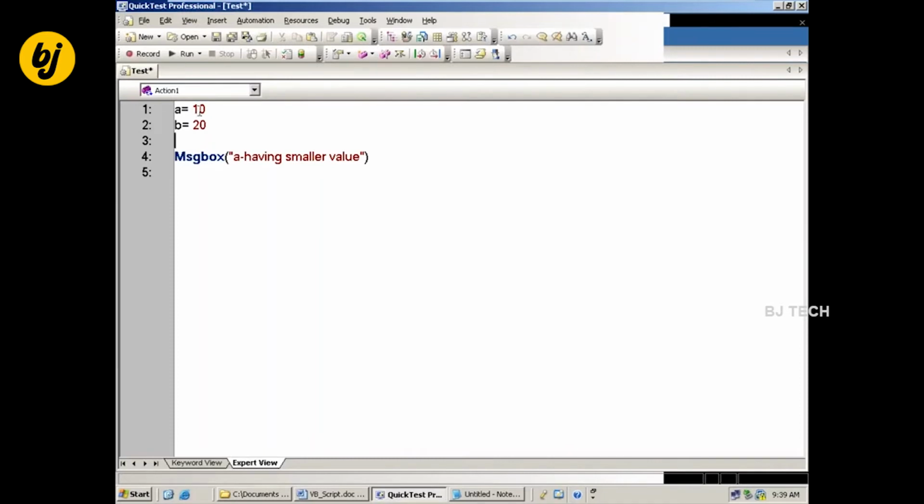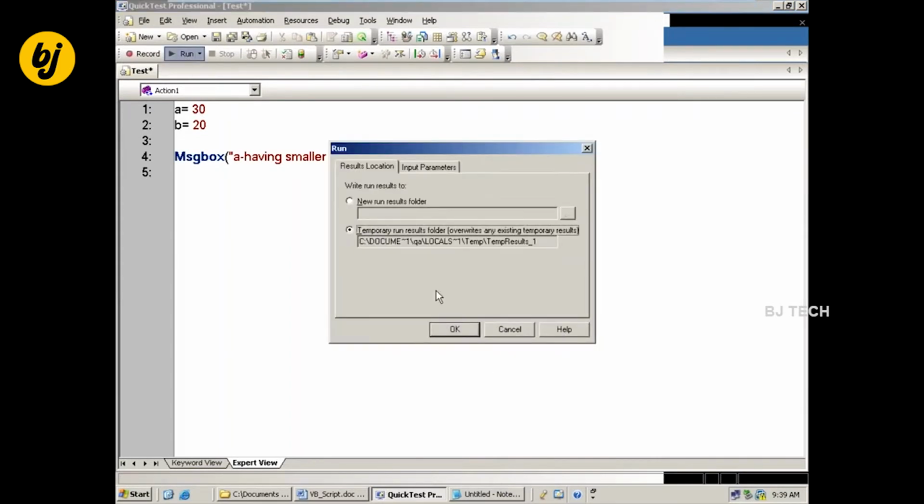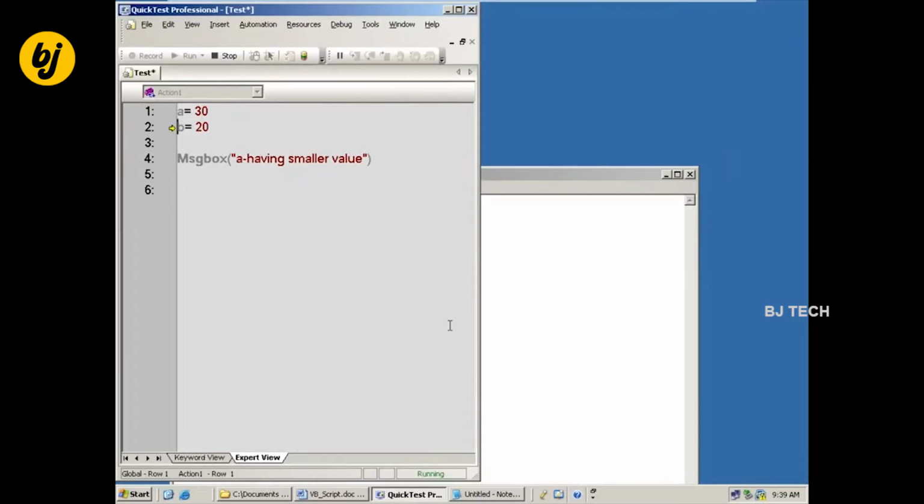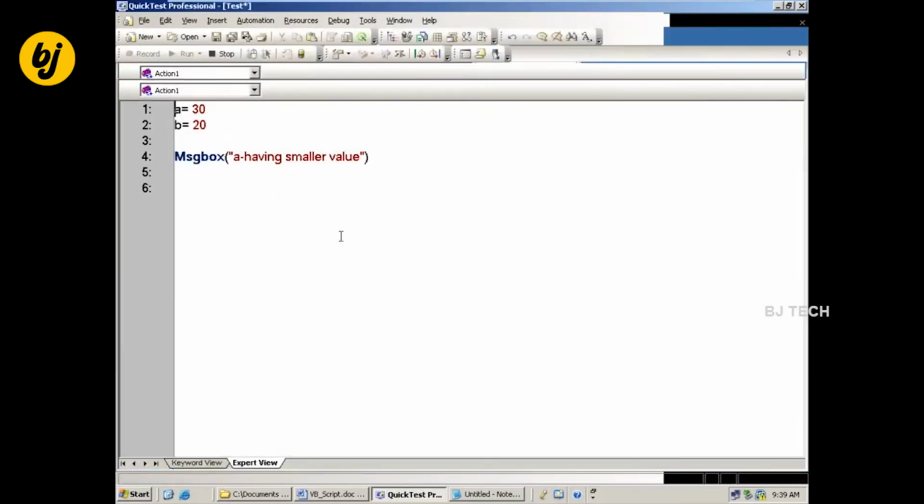Now suppose I give the A value as 30. If I run it, all the statements are again going to execute. But is the message 'A having smaller value' the right message as per the values?